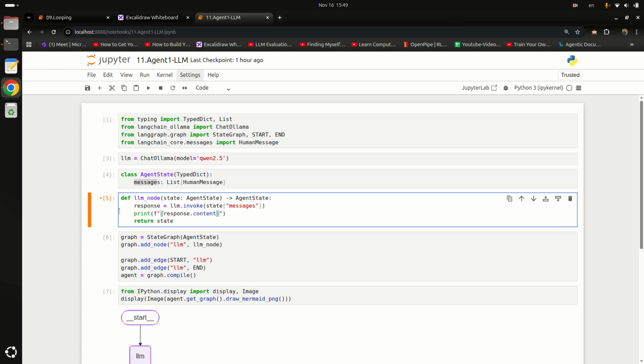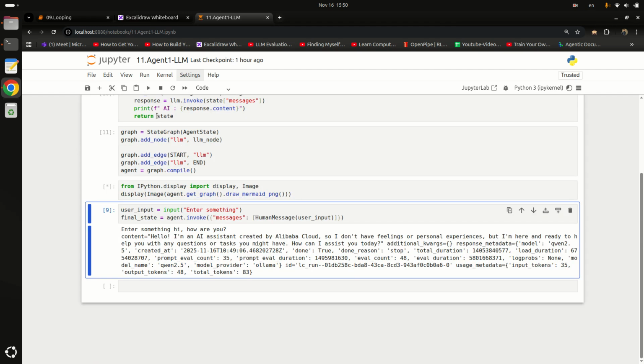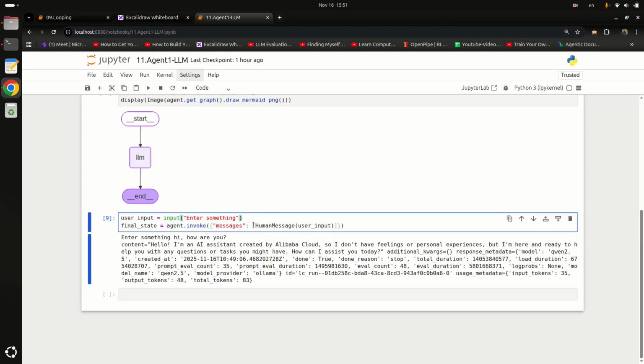We'll wrap it in curly braces, and before it I'm saying AI. Before printing the LLM response, it will print AI, and after that it will print the LLM response. Let me just run it again. You may notice that we typed just a single message, and after that the graph ended. So how do we run it in a loop?